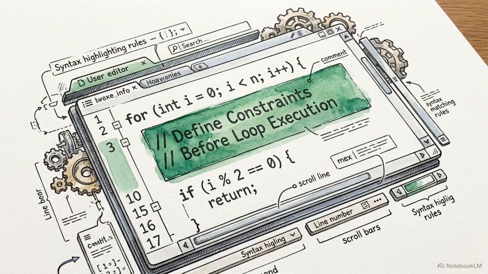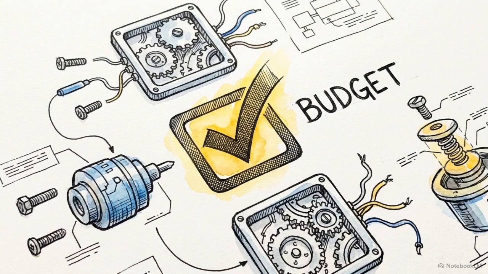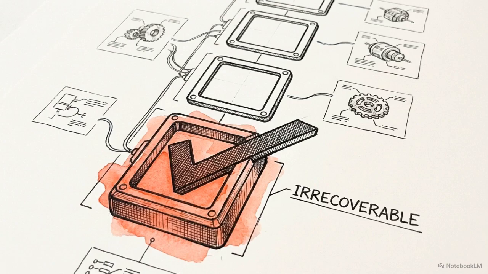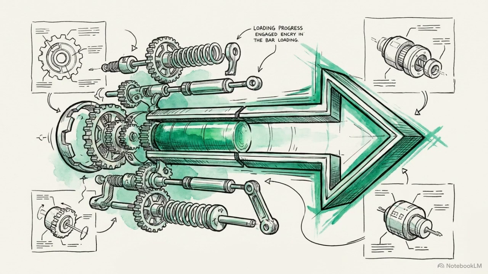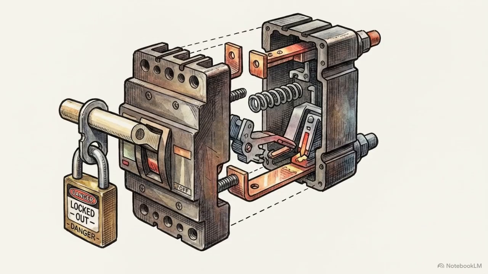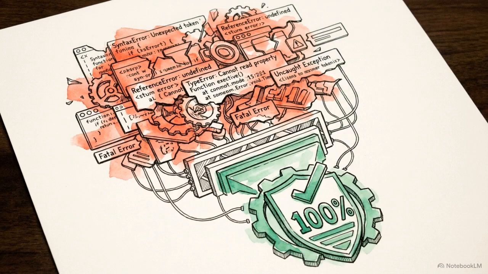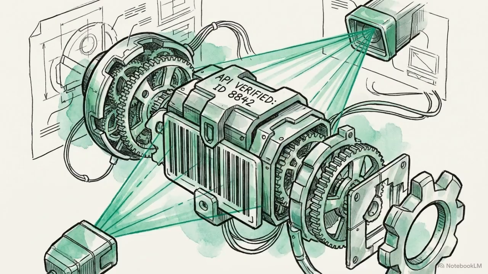This brings us to the first principle of loop engineering. Declare your constraints before the cycle ever begins. Every loop requires 3 mandatory exit conditions: confirmed goal completion, total budget exhaustion, and the detection of an irrecoverable state. Furthermore, the system must measure progress, not just task completion. If 3 consecutive iterations show a flat convergence score, the loop has lost direction and must halt before the budget burns out. You cannot rely on self-assessed exit conditions. Asking an AI if it feels satisfied with its output is not a constraint. Confirming a valid ID via an external system API is.